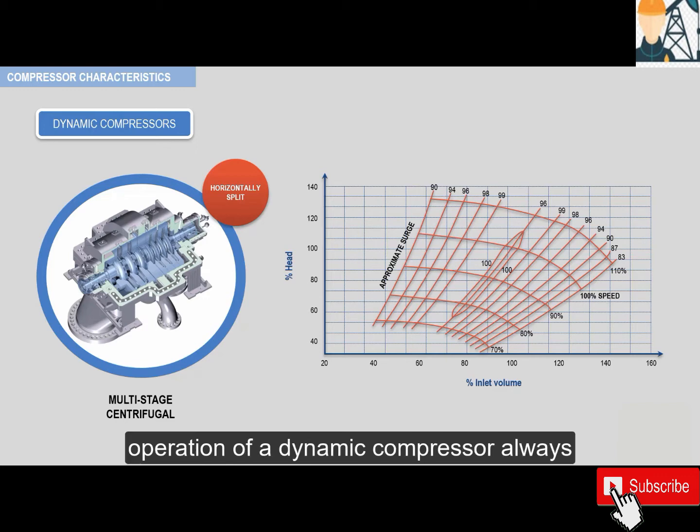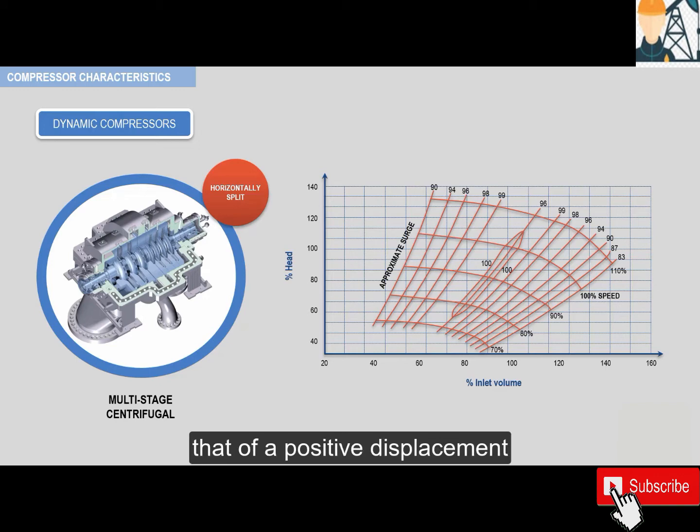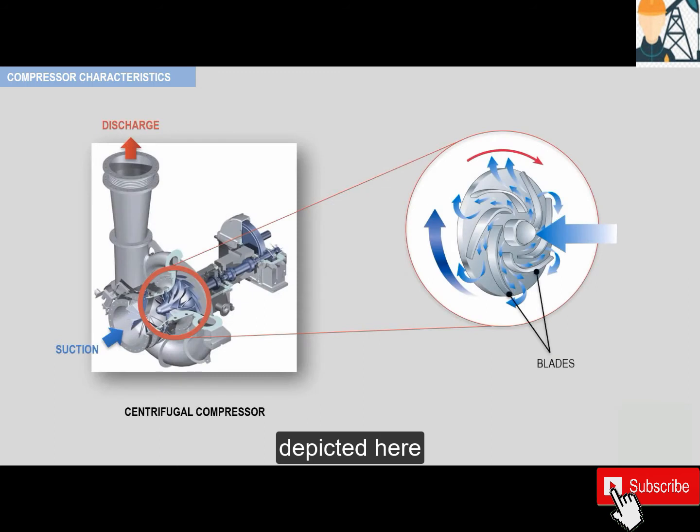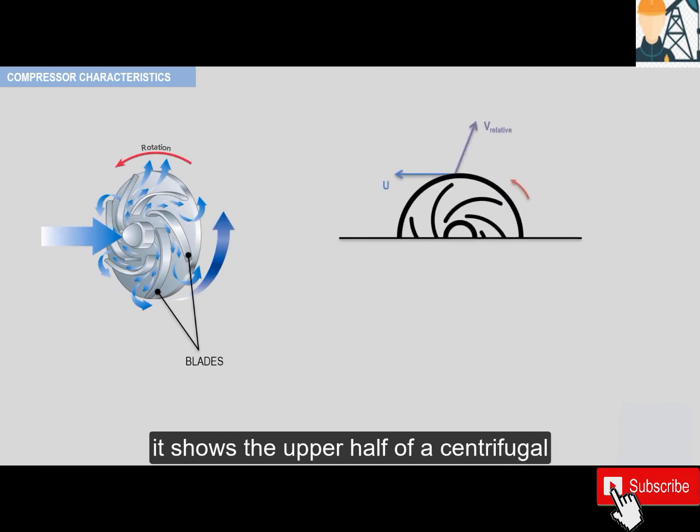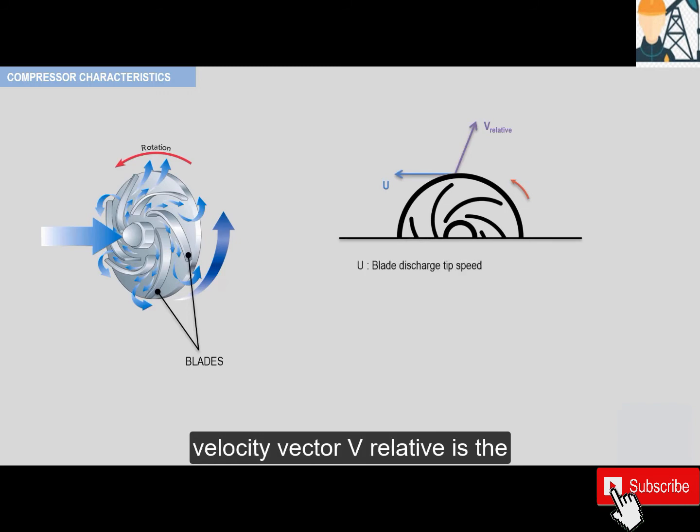The principle of operation of a dynamic compressor always seems more difficult to understand than that of a positive displacement compressor. As discussed in a previous video, dynamic compressors increase pressure by using rotating blades to increase the velocity of the gas, as depicted here. Now take a look at the following figure. It shows the upper half of a centrifugal compressor impeller with the side plate removed. The velocity vector u is the blade discharge tip speed, and the velocity vector v relative is the discharged gas